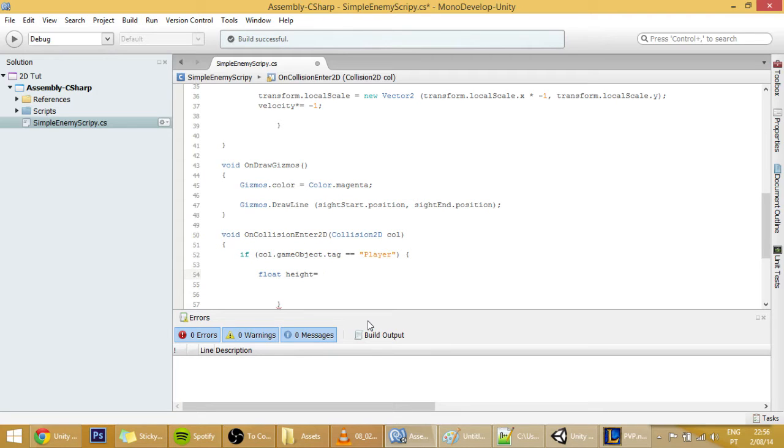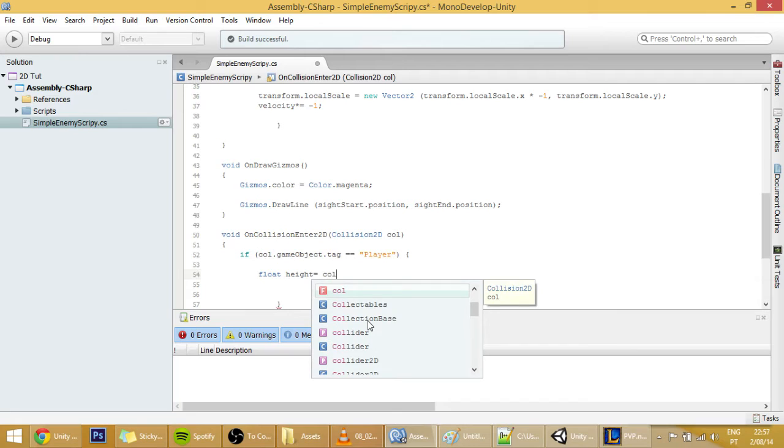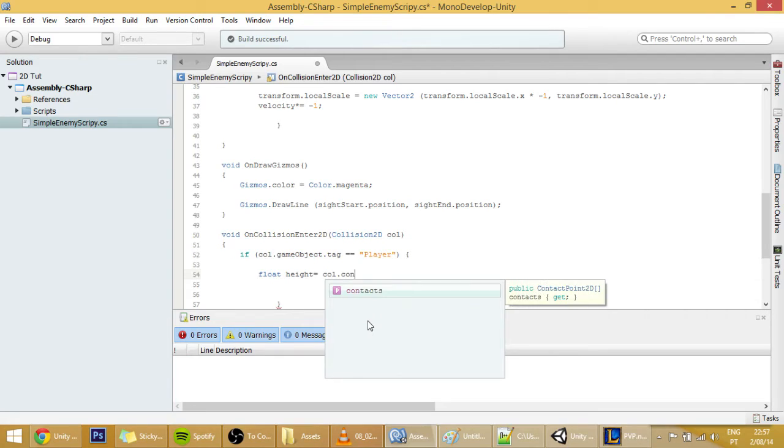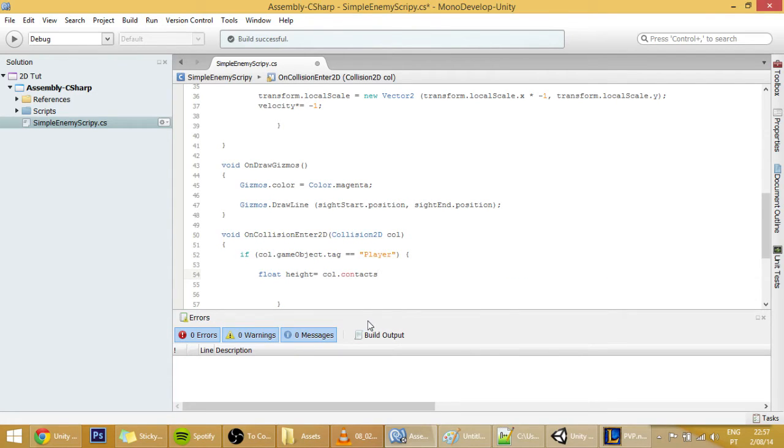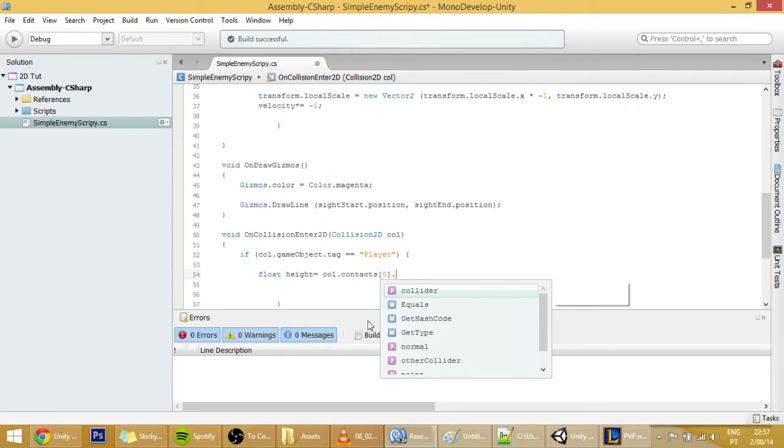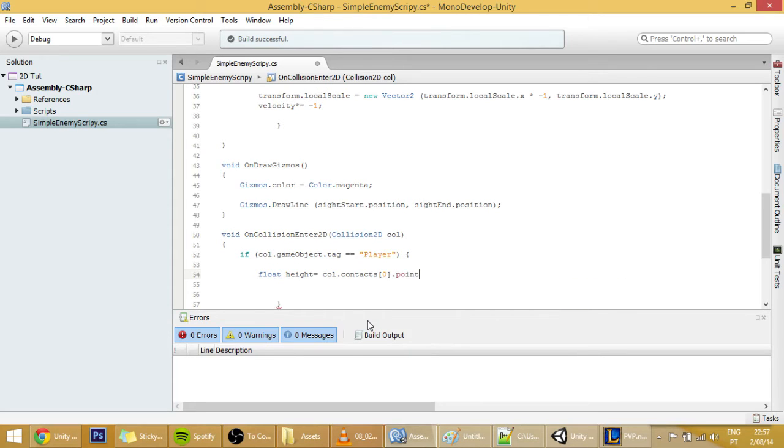Well, we simply use col.contacts, and this is an array of every point where the enemy is colliding with something, and we want to know the first point, .point, and this will give us the exact position of that point.